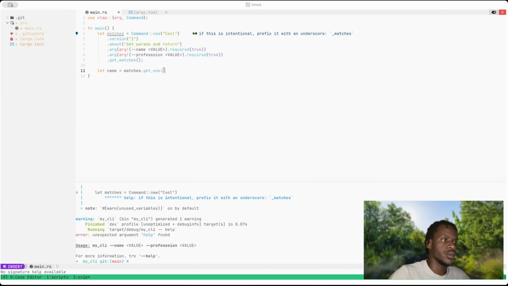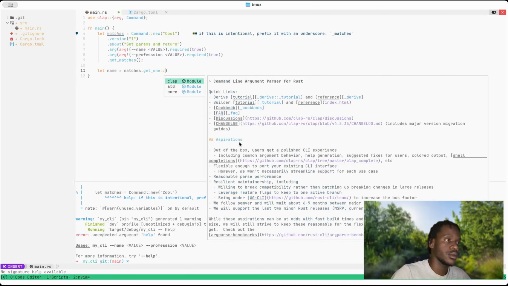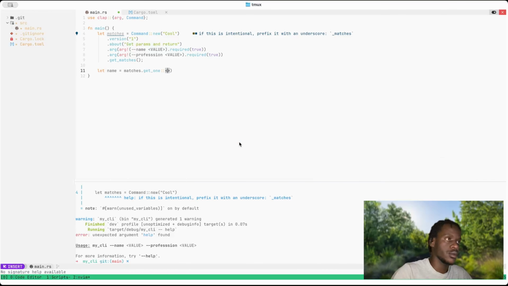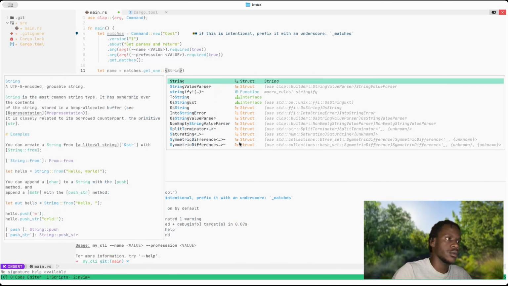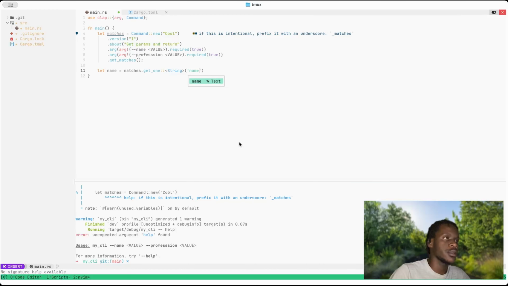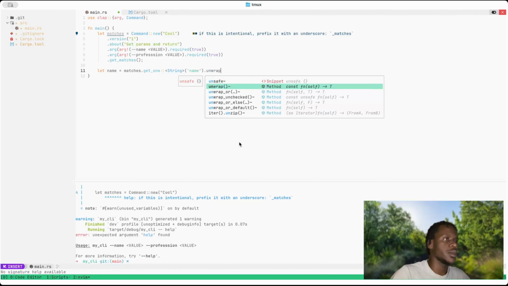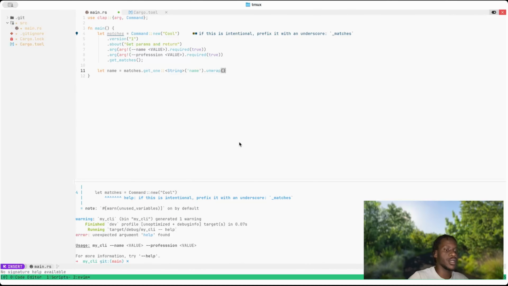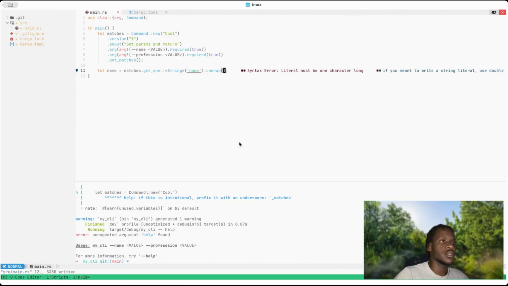We have to get one. The value, this one should be string, and we do this. Then the parameter we want is name. Then we're just gonna unwrap. Shouldn't unwrap in production, but here we're just